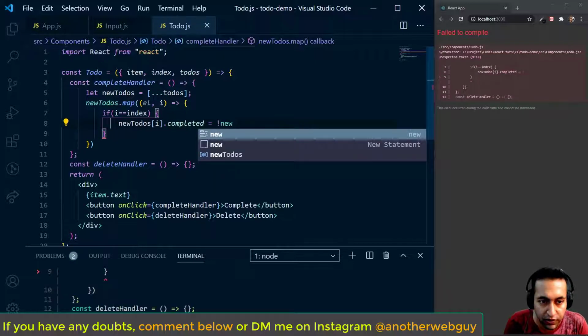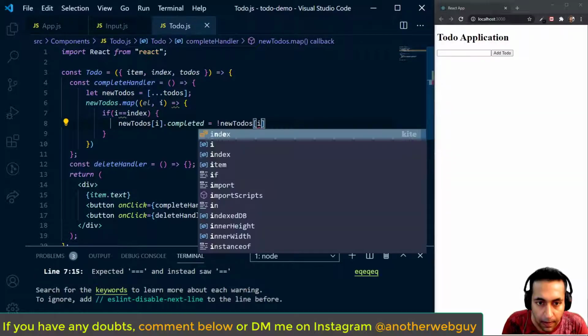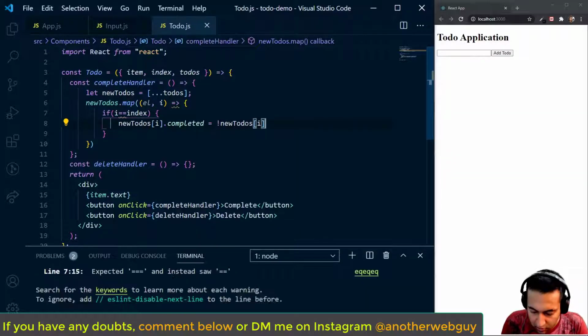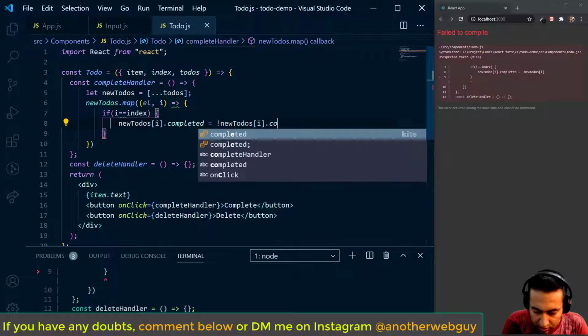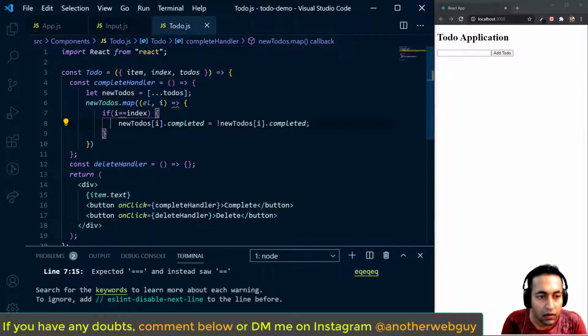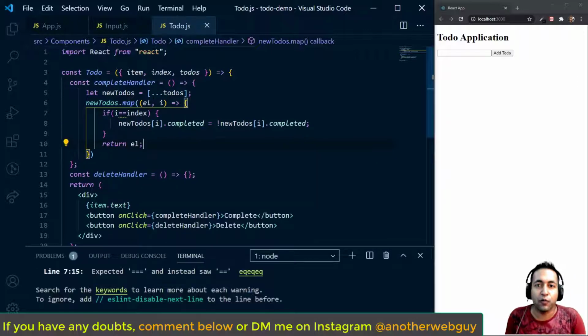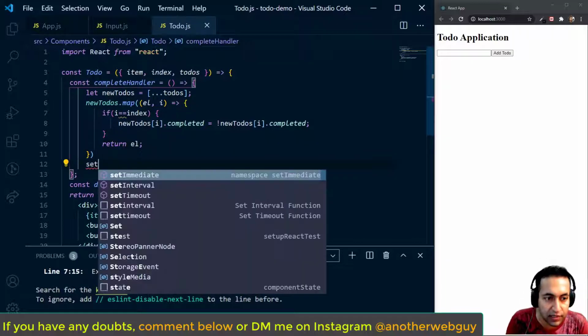So new to-dos i dot completed, like this. And then we can return the element. So we can do return el, like this. And after that, we can set its value back to the to-do items. So here we can say set to-dos,